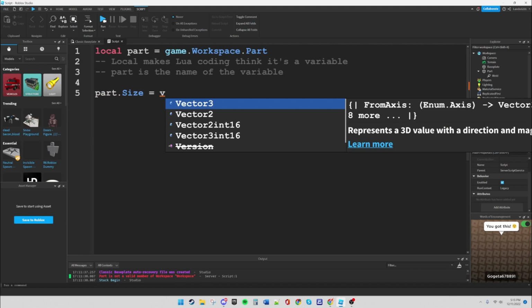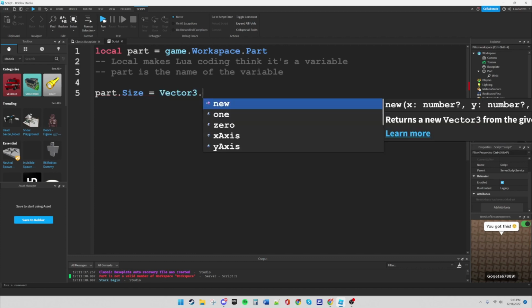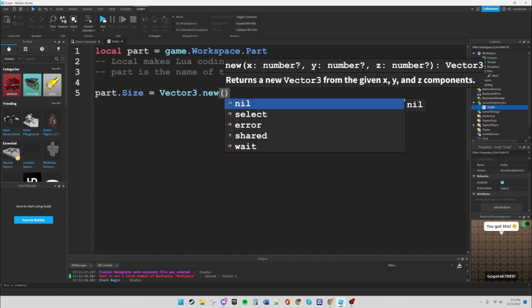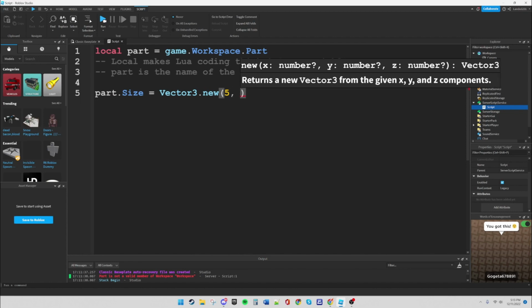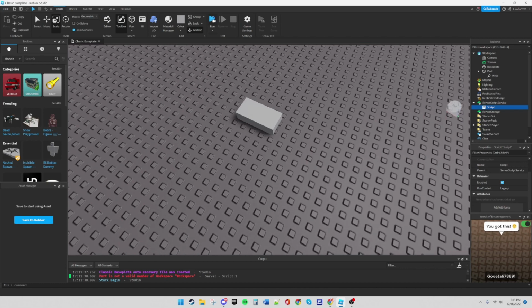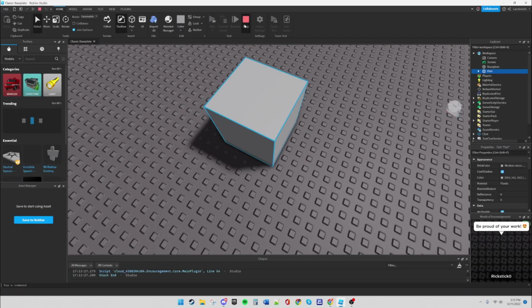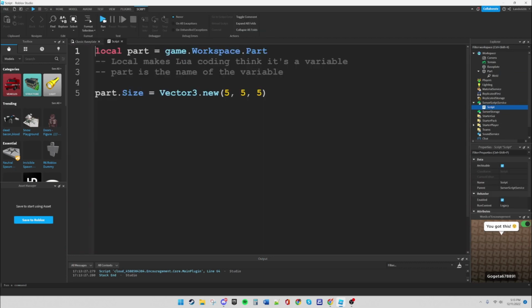this is a vector value, by the way, so you don't just do the normal thing like that, or have brackets doing 1, 1, 1. It's a vector value. So you do Vector3.new, and then 5, 5, 5, and then the size should change when I run. Yep, it changes into this big fat block. So yeah, that's what size is, which you probably already know, but